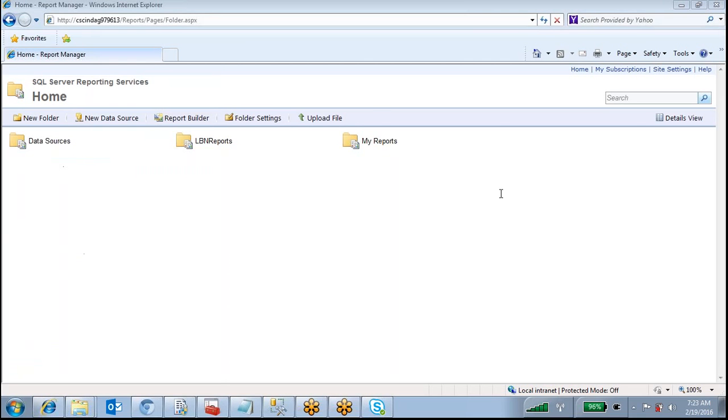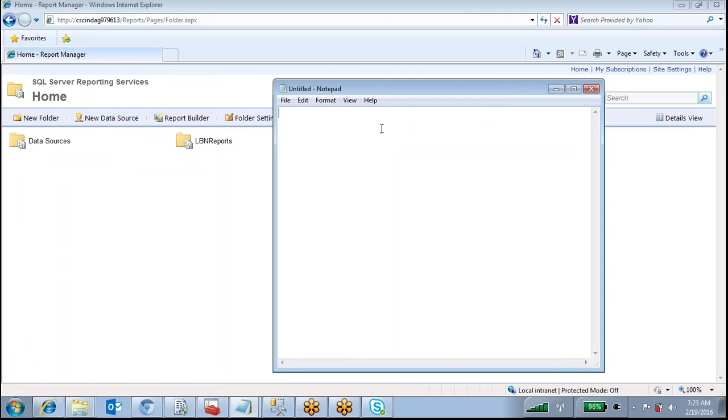Okay, so that is about SSRS, right? The main things we have to learn in SSRS are questions like: what is the extension of the report, what is this .rdl? What is the difference between embedded and shared data source?